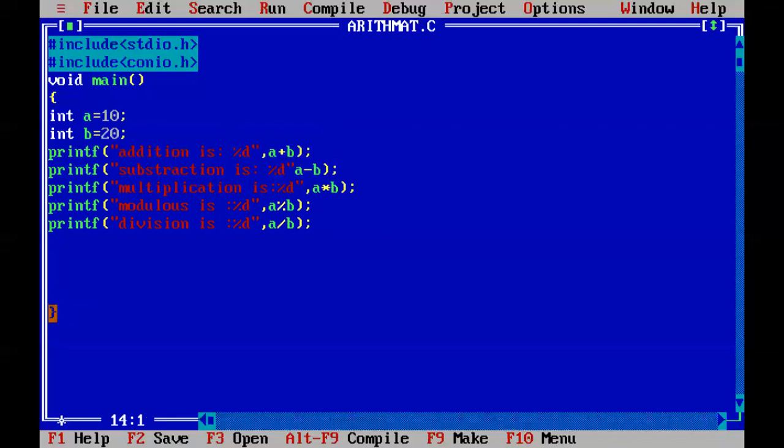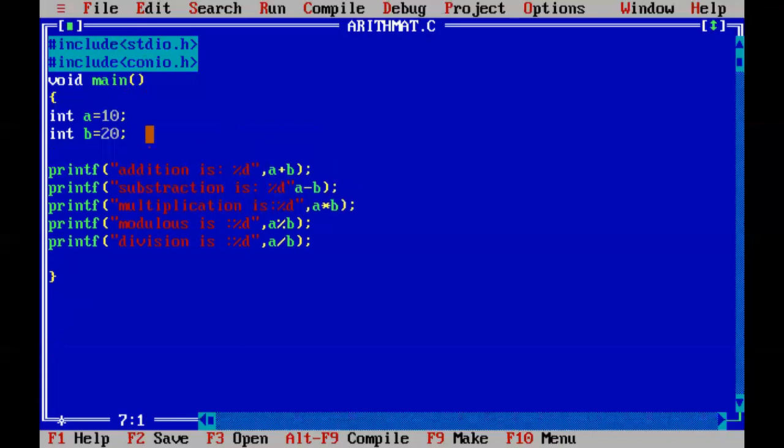Okay, check this first line. First line and second line, I have included header files, and I have included conio.h to clear the screen. So I will use here the clrscr function to clear the previous program's output. Okay, I have given int a is equal to 10, int b is equal to 20, printf, printf.